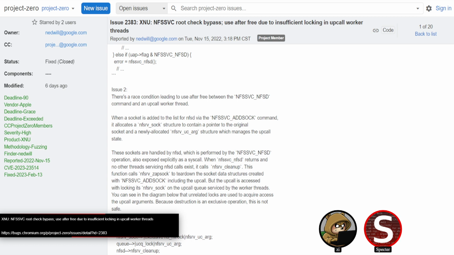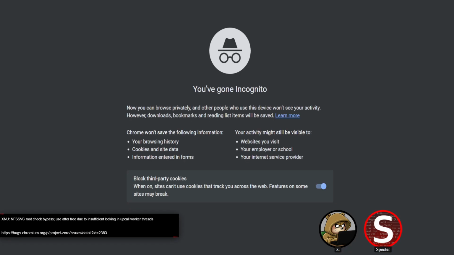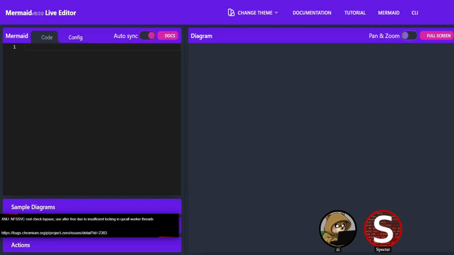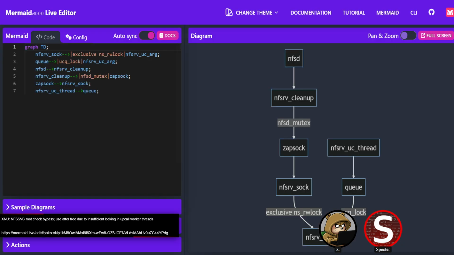Basically, what's going on there is the add socket functionality will spin up a worker thread, and do the setup operation asynchronously to not block the user. So that's all that they mean by upcall worker. It's nothing too special, but it is terminology that you want to be familiar with to fully understand what